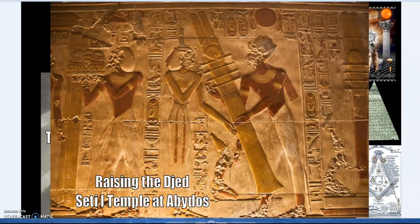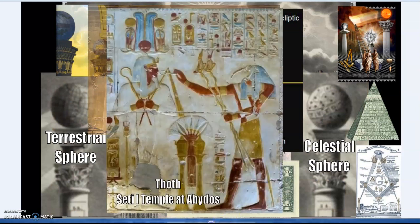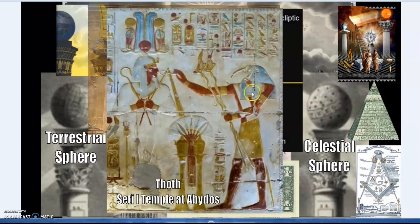But back to Temple of Seti I. So inside we have the famous image of raising the Jed. That too is tilted at 23.5 degrees. Now the dollar bill and the Jed is, it's been out there for a while, but also if you might